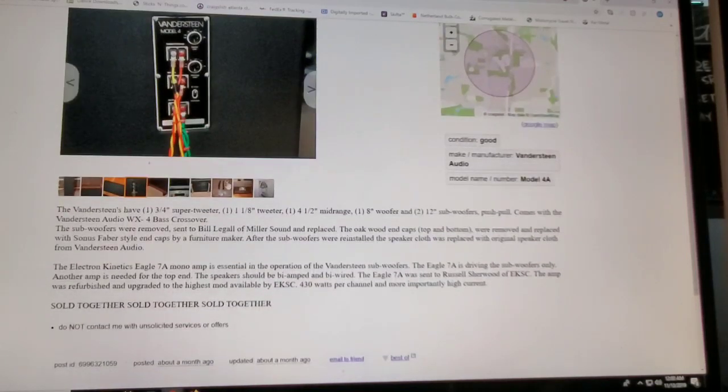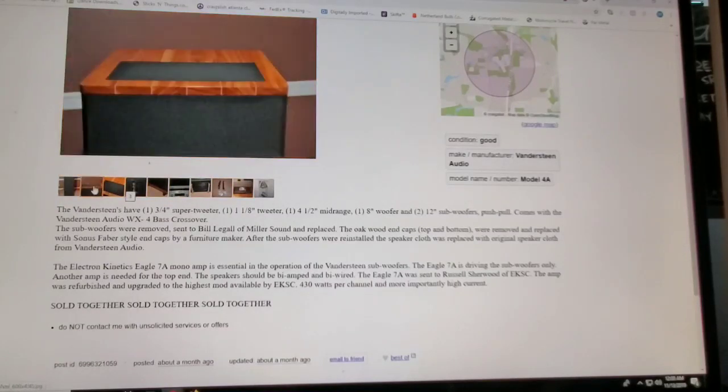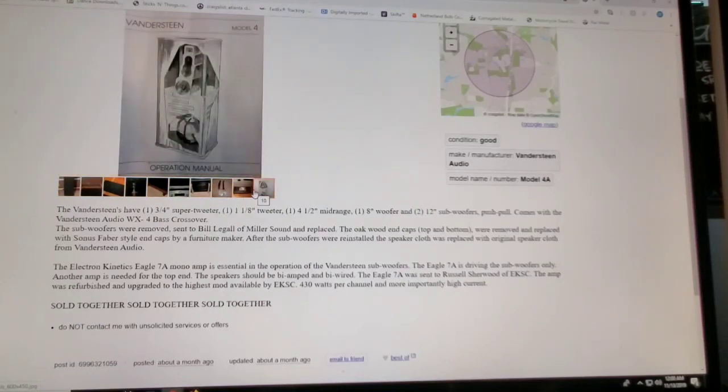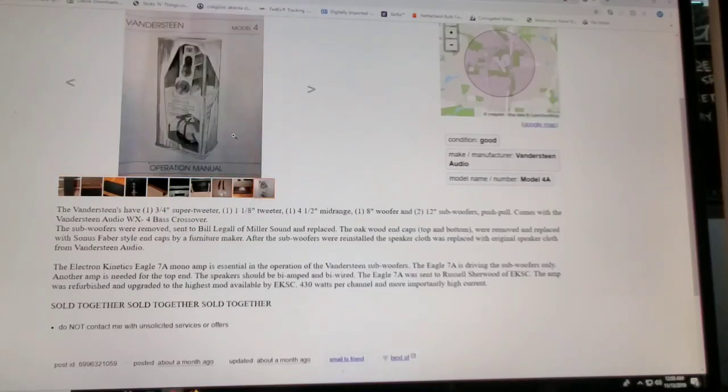You just want to check the drivers, okay? The drivers that are in here most likely are not drivers that are still available. They might be. You could call Vandersteen. Vandersteen is still very much in business, and you could find out. So the only concern with older speakers like this is that if these cabinets are optimized for that particular driver, and that particular driver is no longer available, if you happen to blow it out, there will not be a